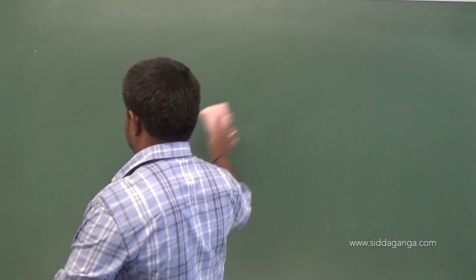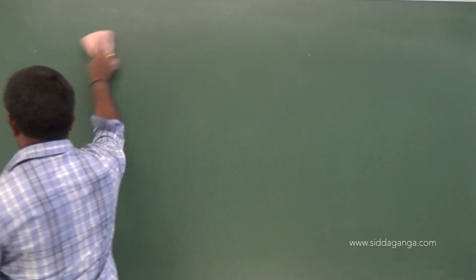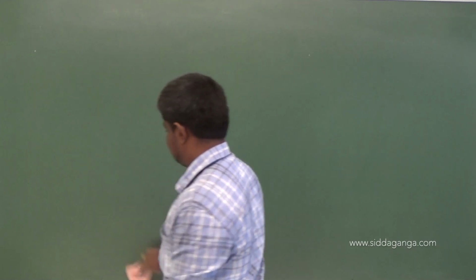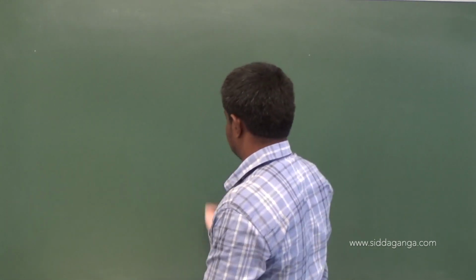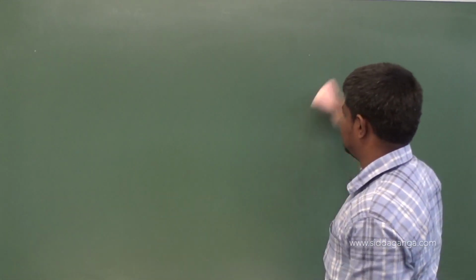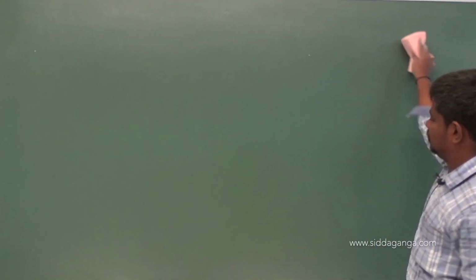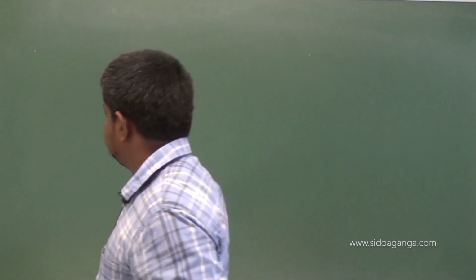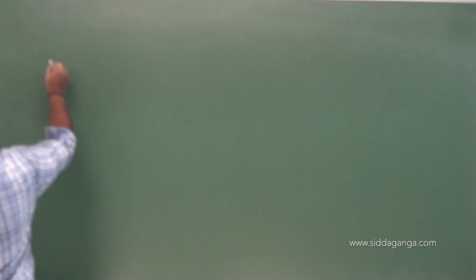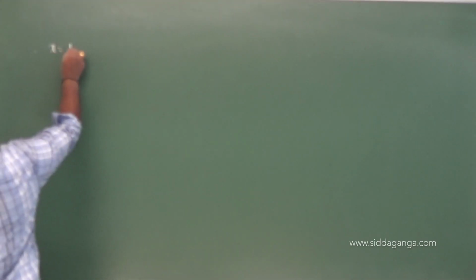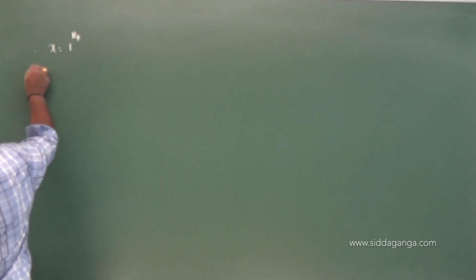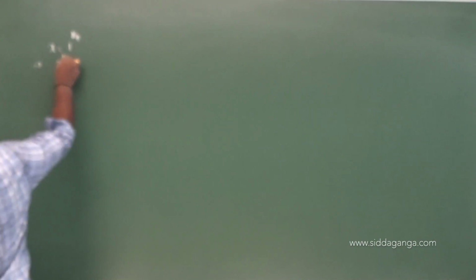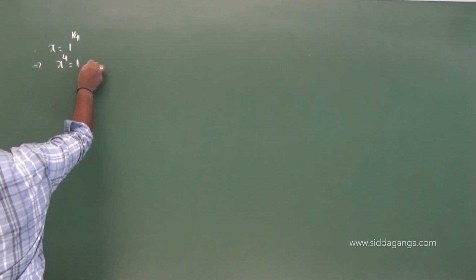Now, let me find the fourth root of unity. This is going to be helpful for the JEE Mains as well as Advanced. So here, let x be the fourth root of unity, that is 1 power of 1 by 4. This gives x power of 4 is equal to 1. If I solve this, what do you get?